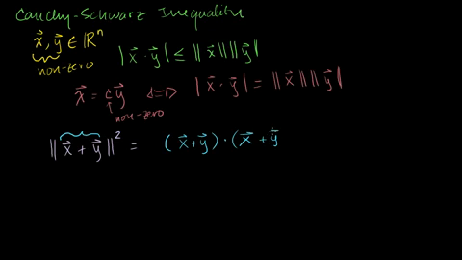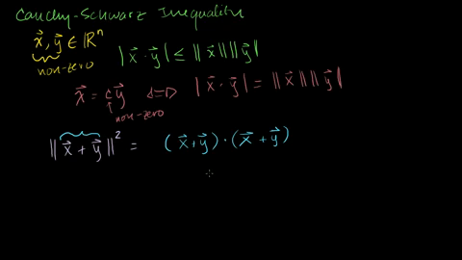And all of these are vectors. These aren't just numbers. And this is the dot product. It's not normal multiplication. But we saw 2 videos ago that the dot product has the distributive, associative, and commutative properties just like regular scalar multiplication. So you can kind of FOIL this out if that's how you remember multiplying your binomials. Or I always think of it more as just doing the distributive property twice. So this can be rewritten as